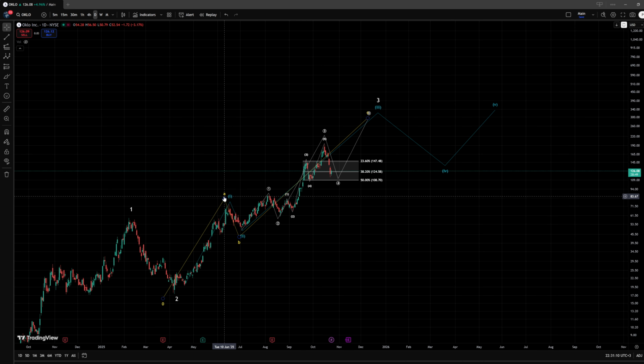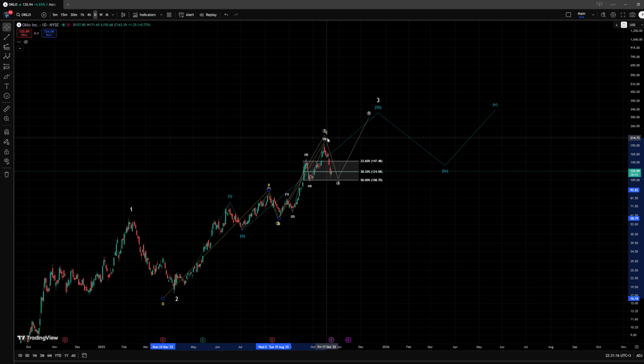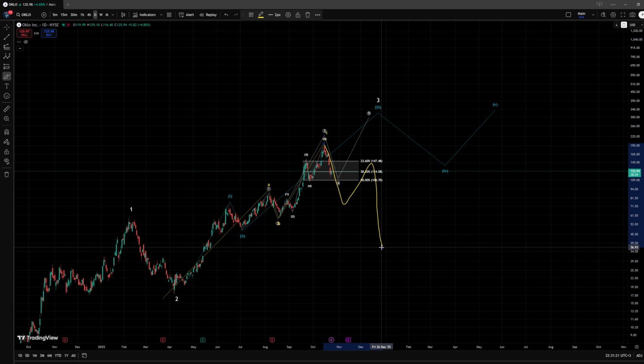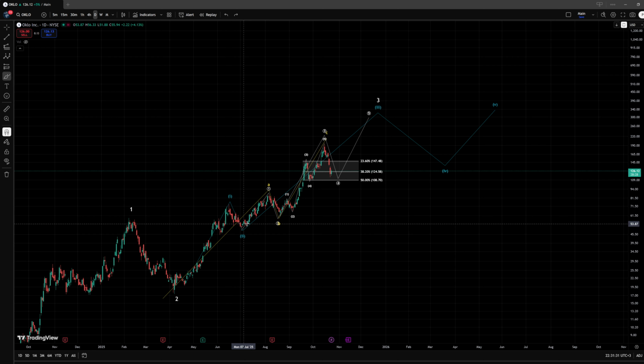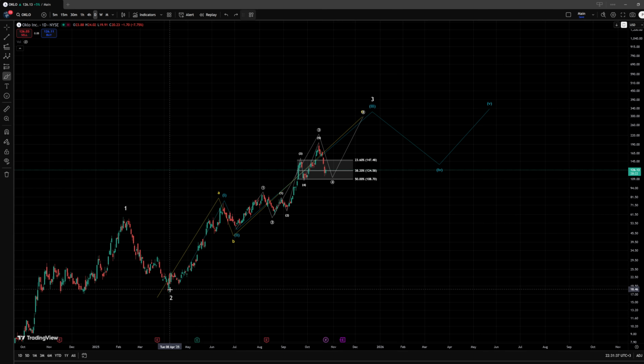But technically I could argue that, okay, this is the wave A, this is the wave B, and then we have already completed the wave C to the upside, and now we would be heading into a larger correction in something like an ABC pattern. It's a wave B. Realistically, any type of correction could fit within a wave B. So we won't go into details with that information, but then we have the blue scenario,